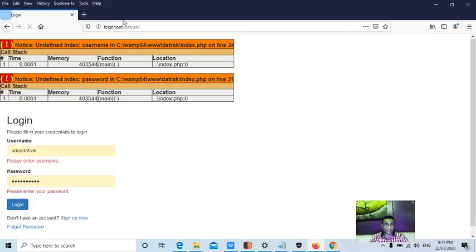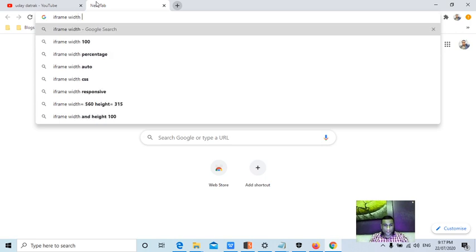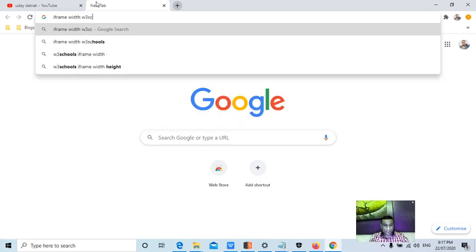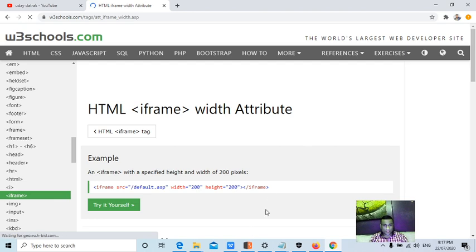To check it, search in Google, guys, for iframe width w3schools. HTML iframe width attribute. I'm just copying this syntax here.